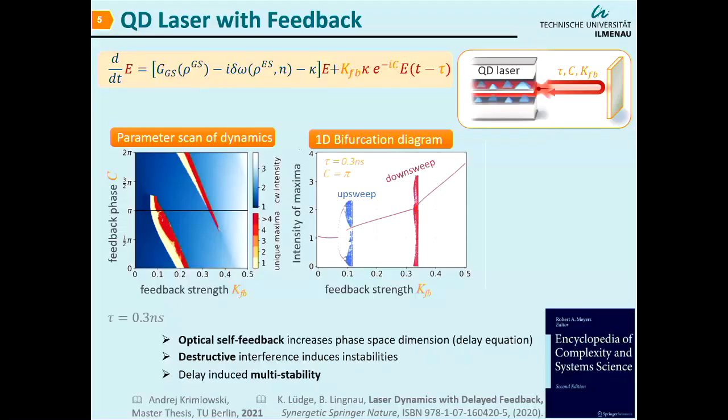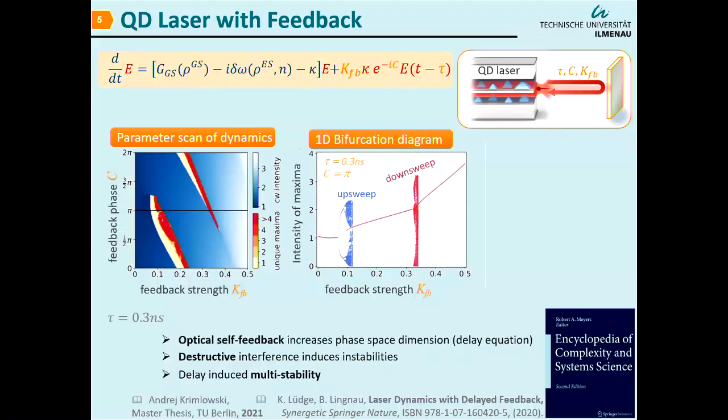also look a bit more detail at the maxima, and we see here it is constant wave emission at this intensity. Then I don't know whether you are into bifurcations, but this would be a Hopf bifurcation where one eigenvalue of the Jacobian crosses the zero only for the real part, and the imaginary part is non-zero. We have oscillations. And then the blue and the red here are up and down sweeps, depending on how we